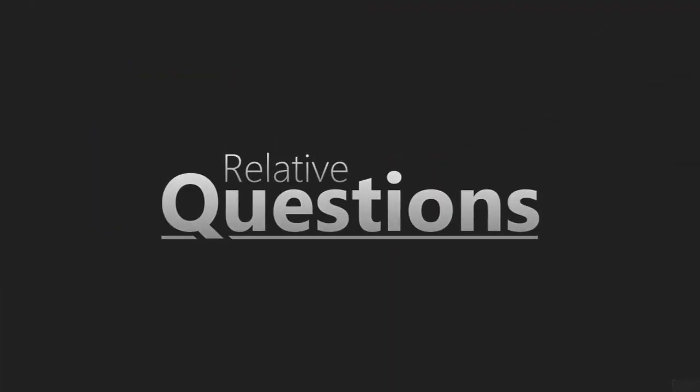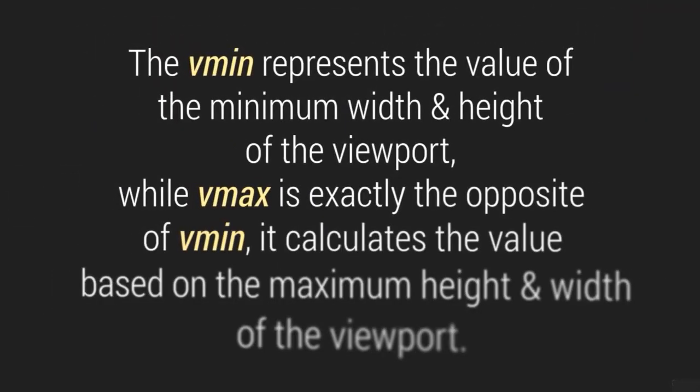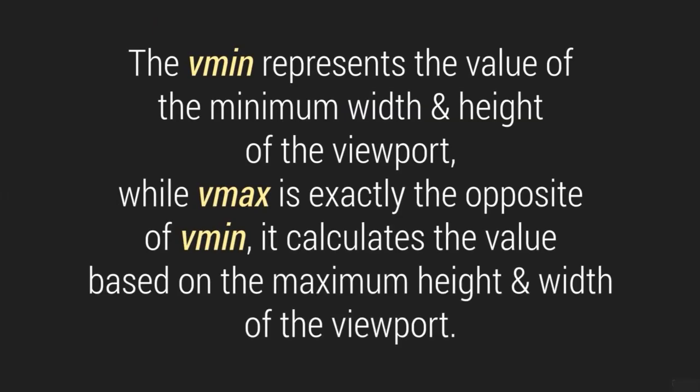Let's talk about a question. So explain what Vmin and Vmax is. Well, they are units. Vmin represents the value of minimum width and height of the viewport, while Vmax, which is exactly the opposite of Vmin, it calculates the value based on the maximum height and width of